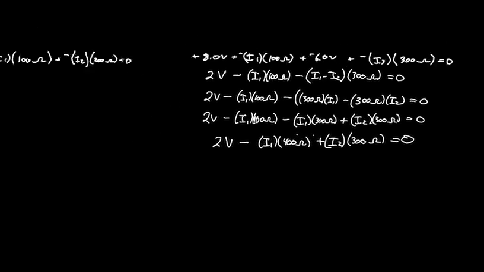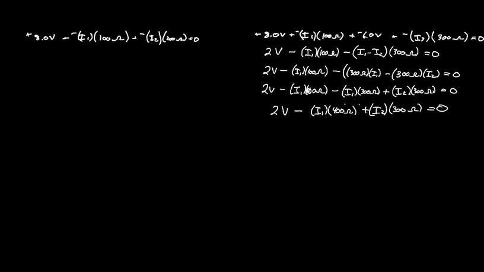All right, let's reevaluate our situation here. We've now got two equations, the second and the third equation. They both have the same two unknowns, I1 and I2. I need to isolate I2 in an equation where it's the only variable. So I need to eliminate I1 from both of these equations. And again, I can do that with a substitution. There are other methods as well, but substitution seems to be the way that most of my students have been most familiar with. So let's go ahead and do another substitution that we're going to use to get rid of